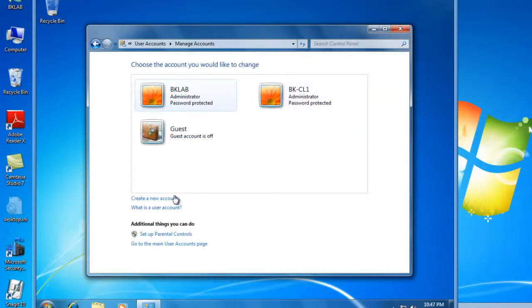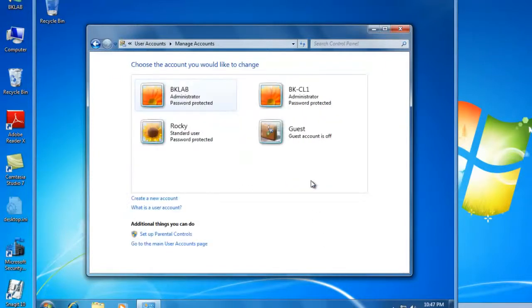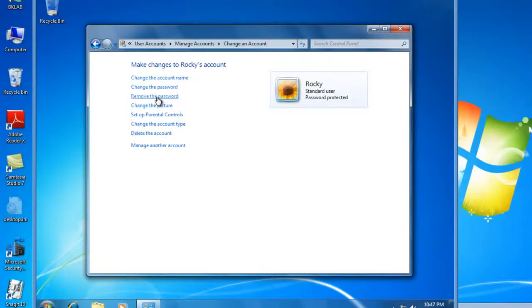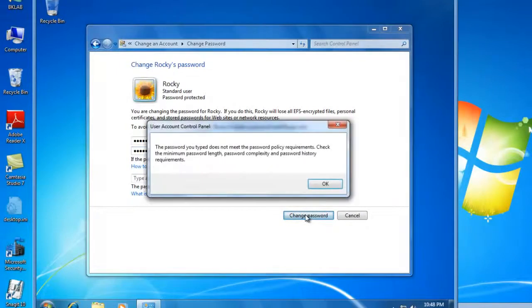From here I'd like to create a new account, and this is going to be a standard user account. It will not be an administrator, and the user account name is Rocky, and we create the account. Once the account is created, we have to assign a password to Rocky. So if we click on Rocky and go to change the password, and let's just say we put a password in of Rocky, R-O-C-K-Y, confirm password, R-O-C-K-Y, and we change the password. Oh, we can't, because the password you type does not meet the